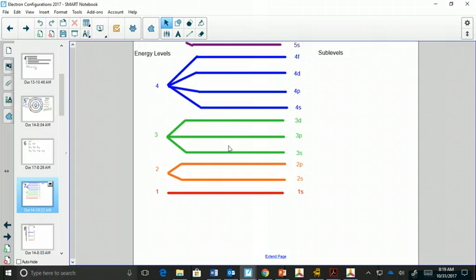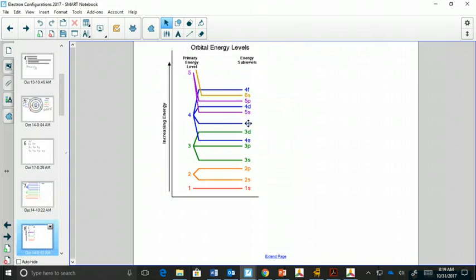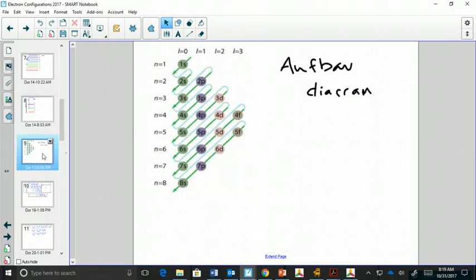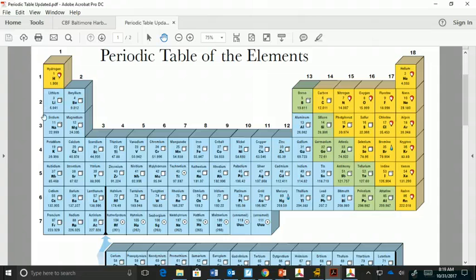We would think that the energy levels are these separate pieces, but in actuality they aren't. They're all intertwined together, so that the 4s actually fills before the 3d does. And how do you know that? Well, you can either memorize this Aufbau diagram, or you can just simply follow that periodic table. The periodic table shows here is the order they fill up, starting with hydrogen, moving to the right, following the atomic number.